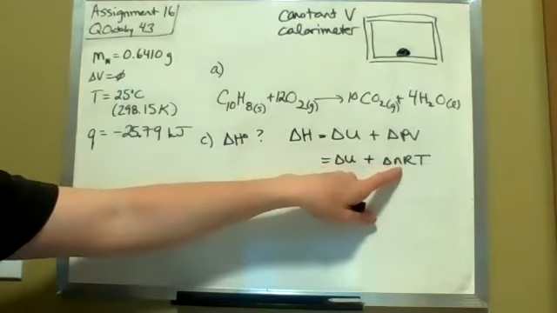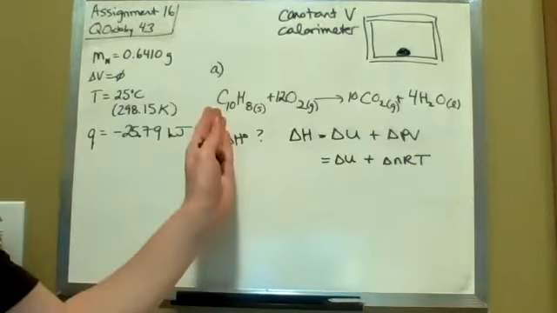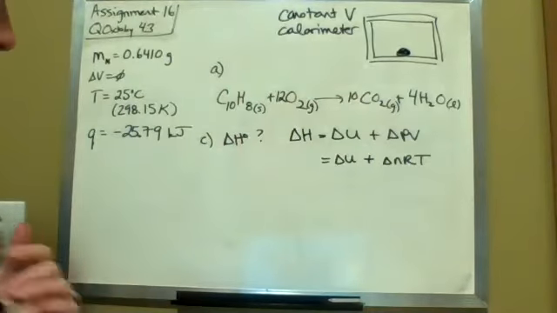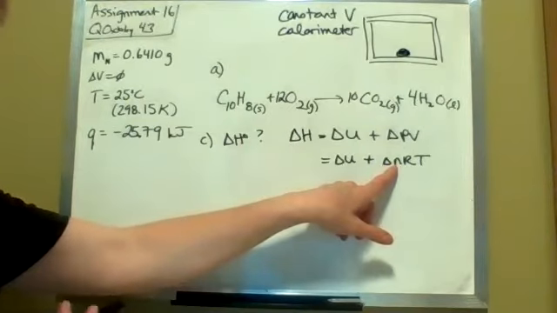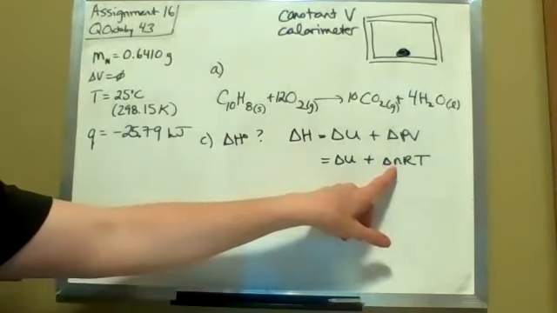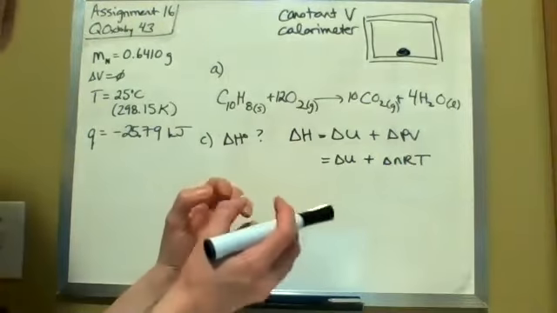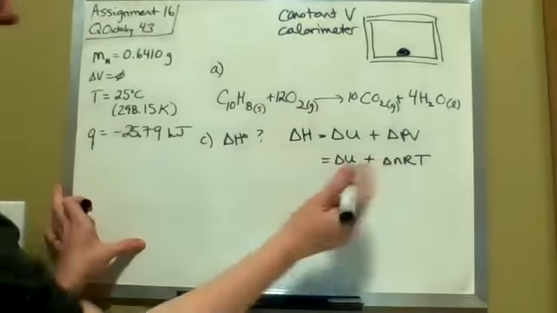Delta n, this is our change in moles from before and after, so from reactants to products. We don't care about solids and liquids. They're not going to change our pressure or volume at all. In this case, we only care about the gas. It's the only thing that's going to do that little bit of pressure-volume work, if you will. So we're only going to look at our delta